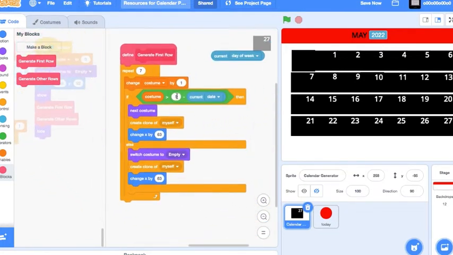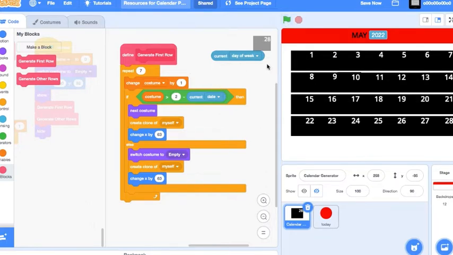So if we change this to a 6, then there should be 2 empty spaces. Yep. If we change it to a 7, then yeah, there's something wrong. There should be 3 empty spaces. Okay, that's just wrong. The day is 4, and if the current day of the week is Monday, boom.